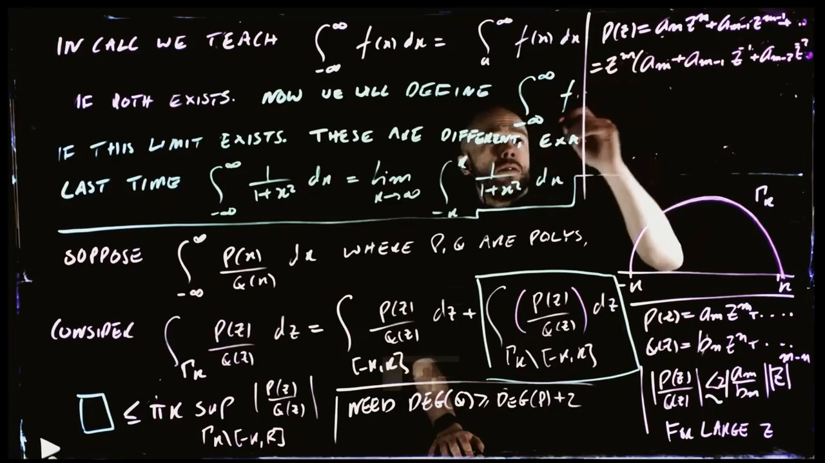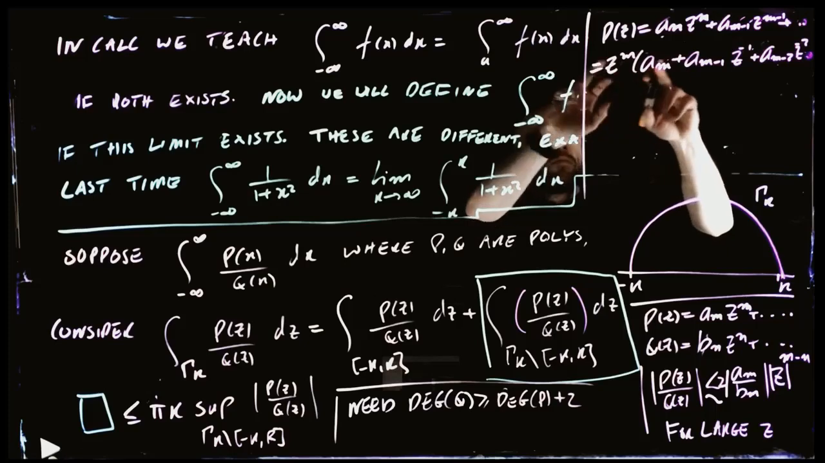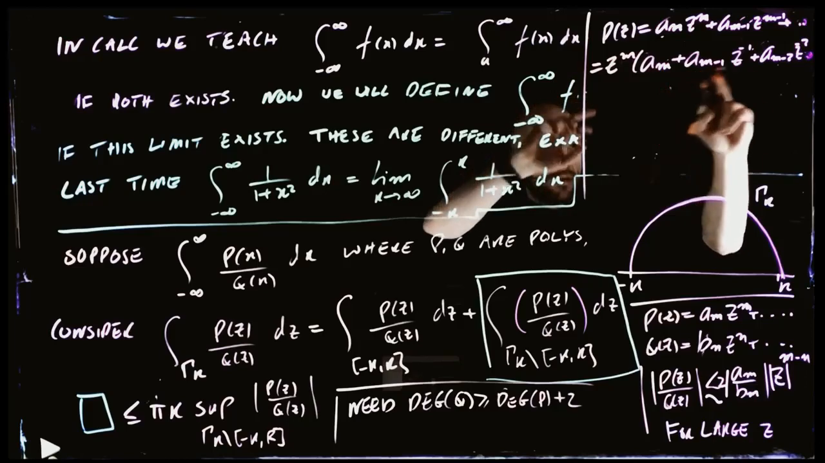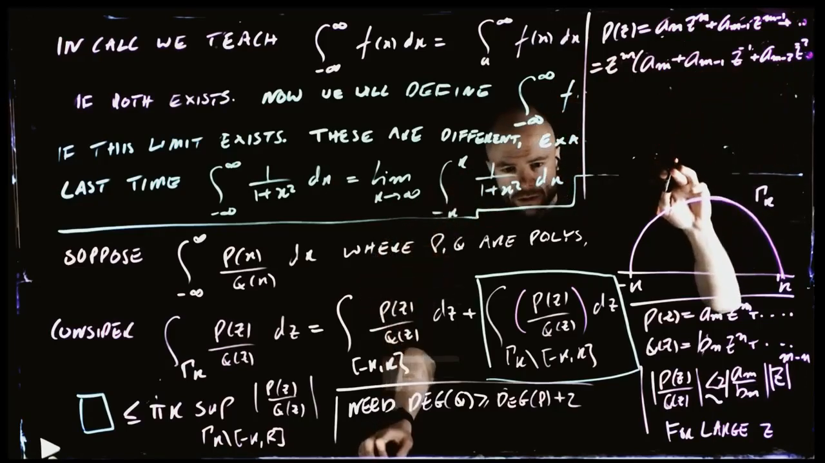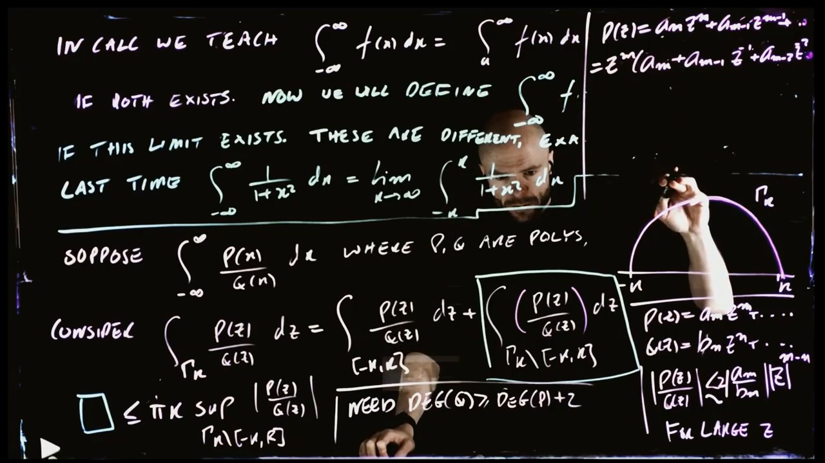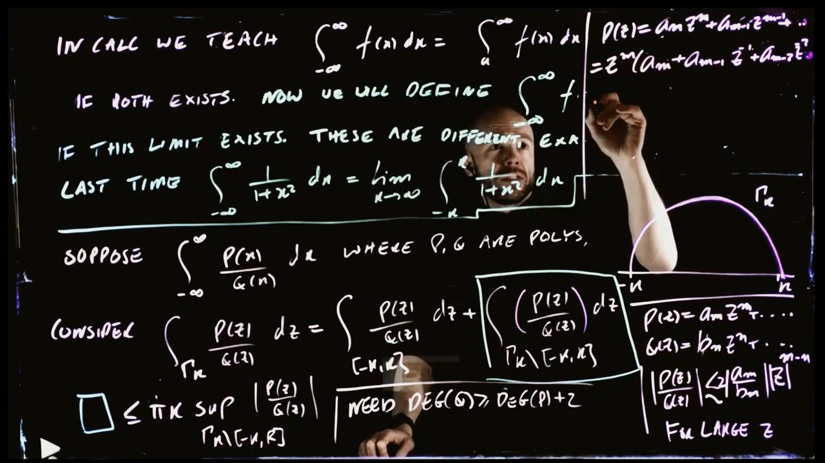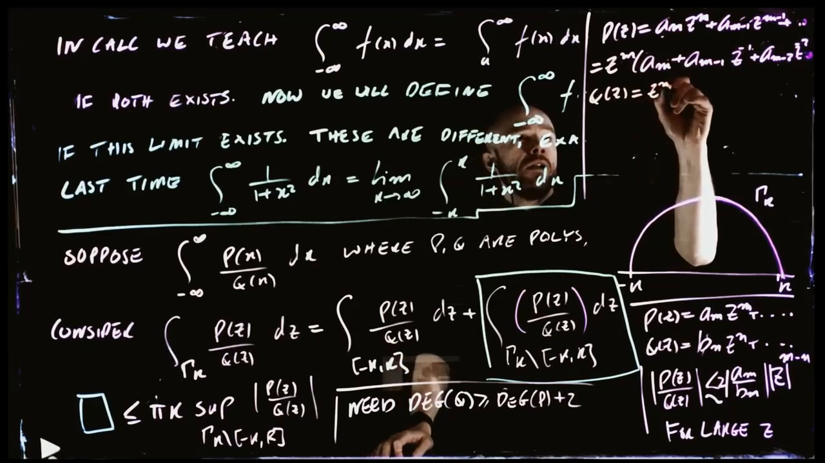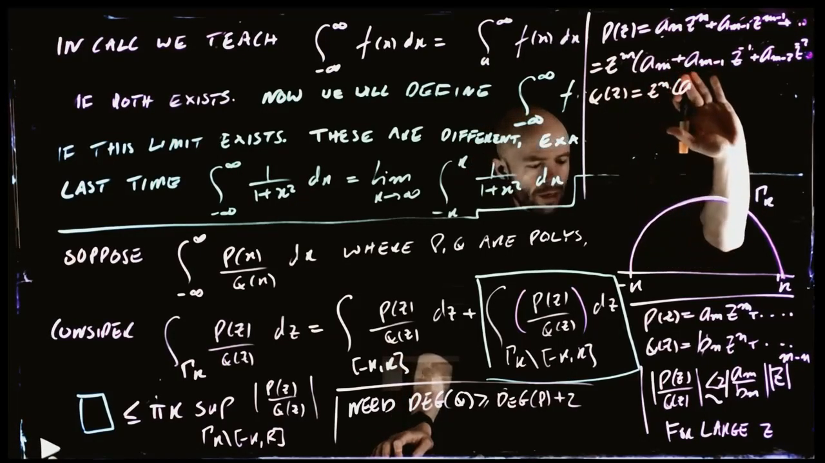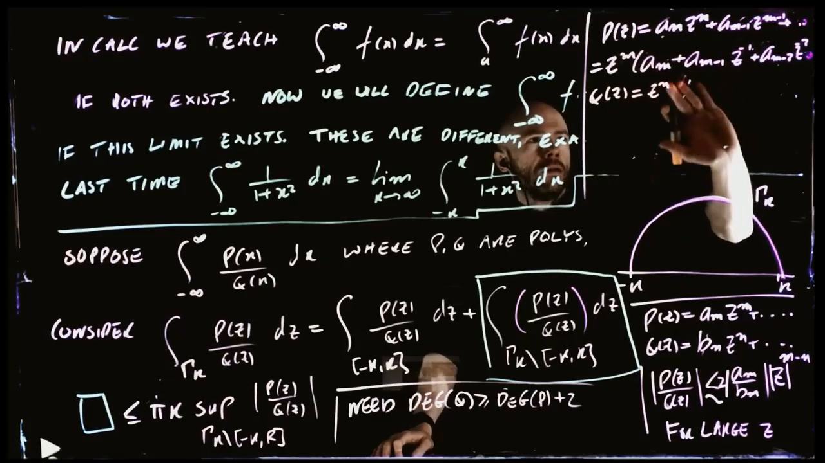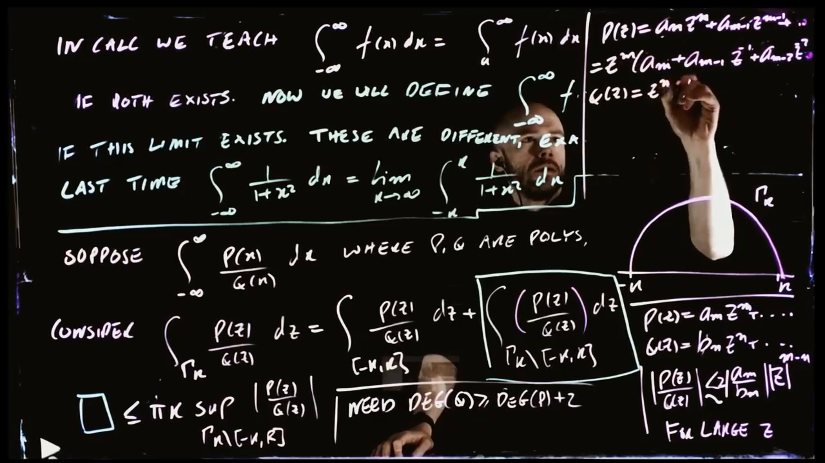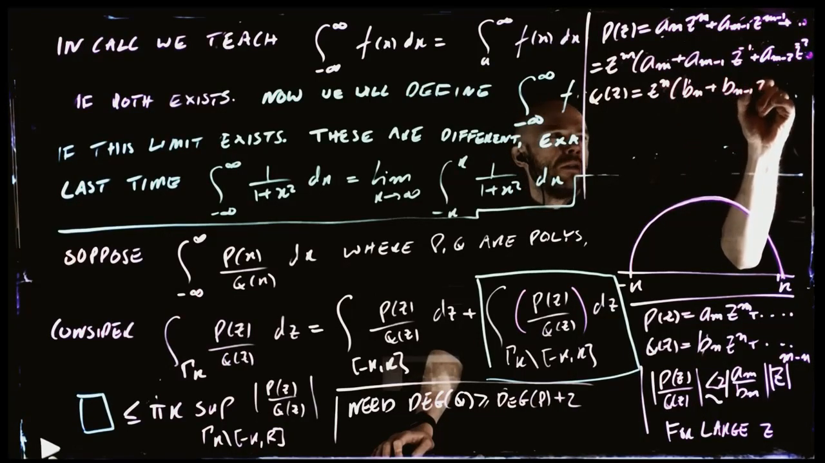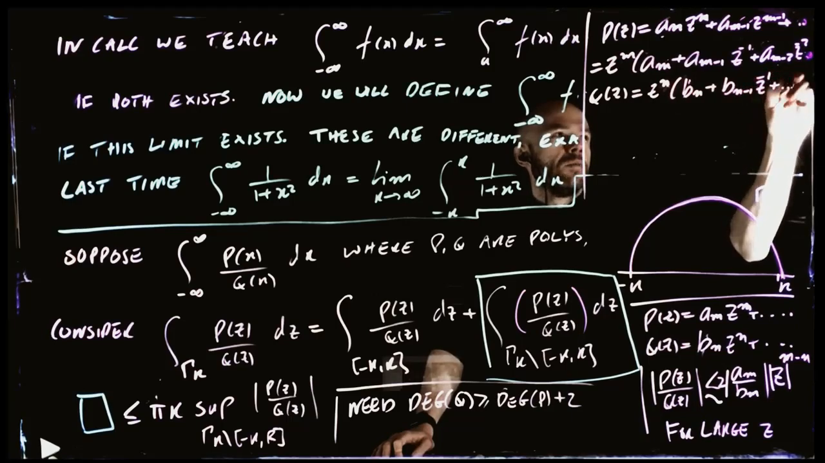So for very large z, this becomes more and more just like z to the m times a_m, because all of these terms here are just going down to 0. Yeah? And we do the same trick for q. So q of z equals z to the n, and I called it b_n, plus b_{n-1} z to the minus 1, plus a whole bunch of terms